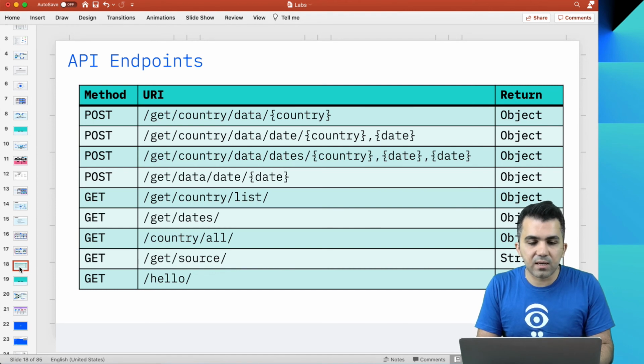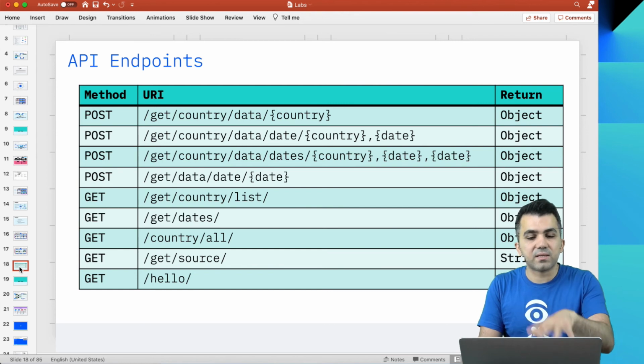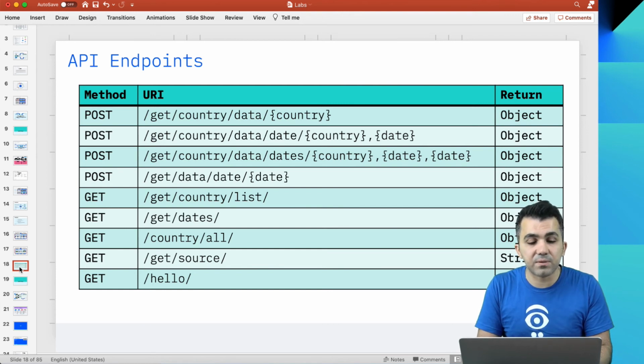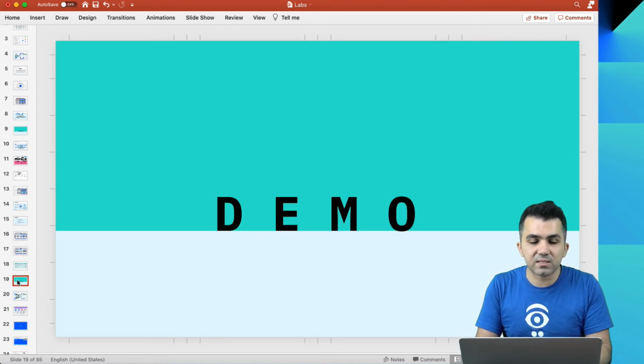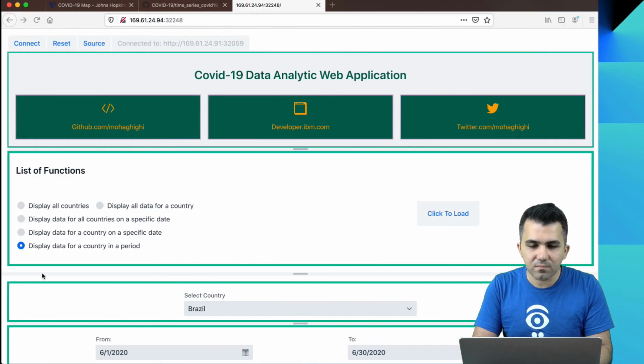Just to give you an idea about the sort of API endpoints we're talking about, here's the list of API endpoints. It's already available on my Git, so you can go ahead and take a look at it. But for the one that I just mentioned about the positive cases and death cases, let's take a look at a quick demo and see how that works.